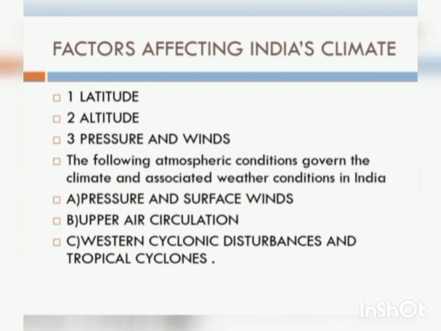Western cyclonic disturbances and tropical cyclones. The western cyclonic disturbances are weather phenomena of the winter months brought in by the westerly flow from the Mediterranean region. They usually influence the western part of the north and northwestern region of India. Tropical cyclones occur during the